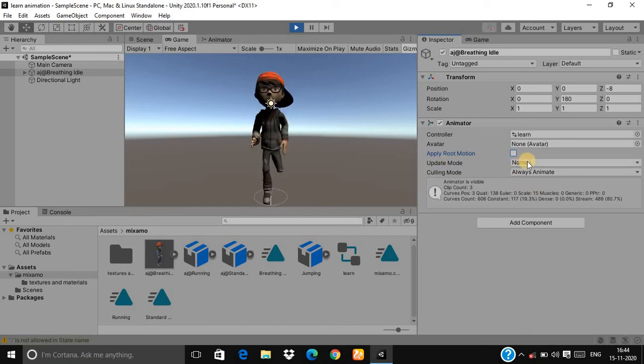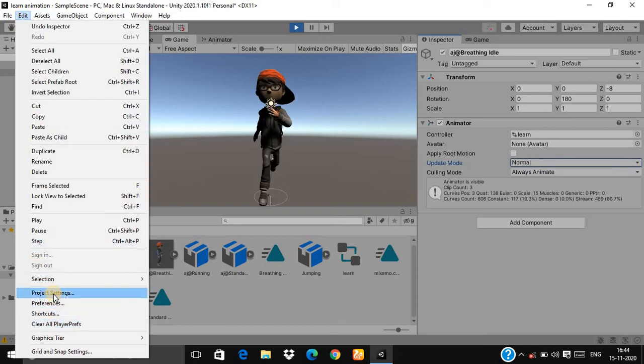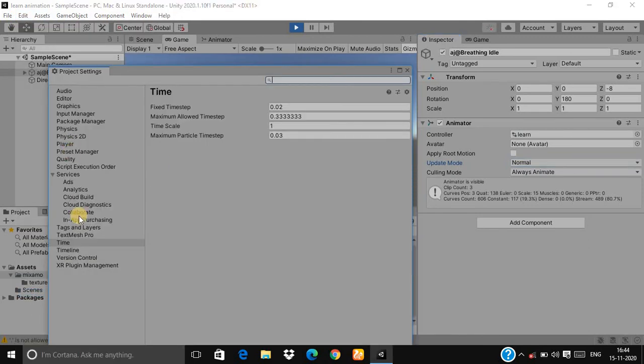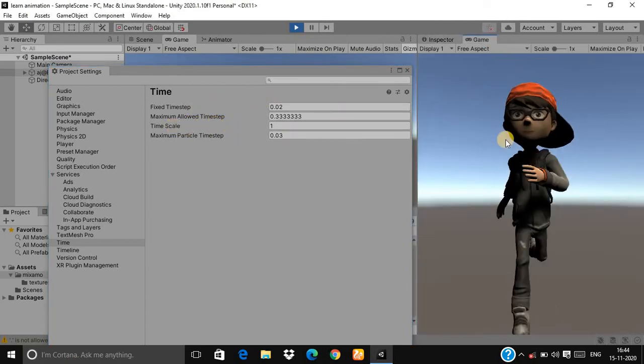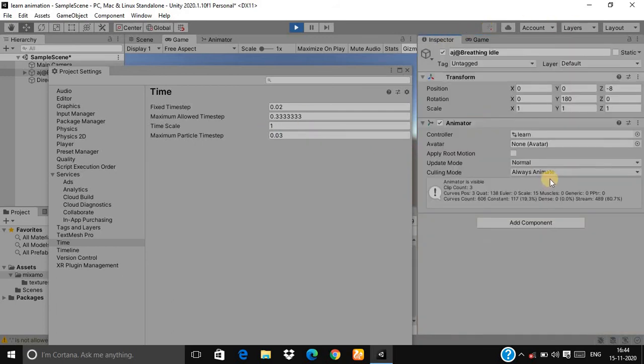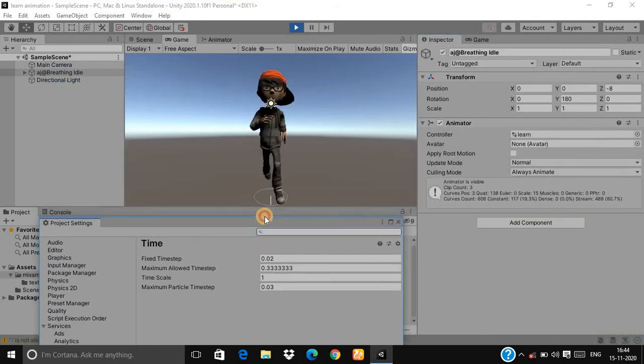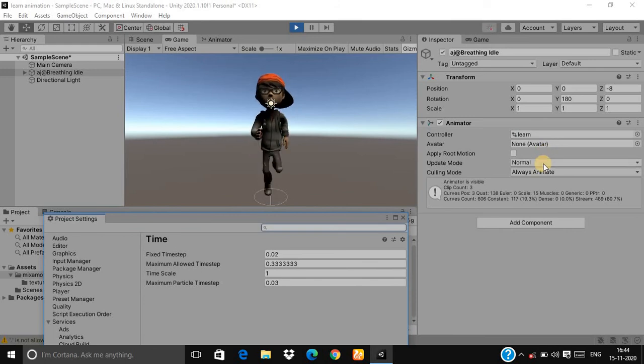And the next option is update mode. There are three options: normal, animated physics, and unscaled time. Normal means the animation is being controlled according to time scale. This is our animation playing, and we have selected normal mode.